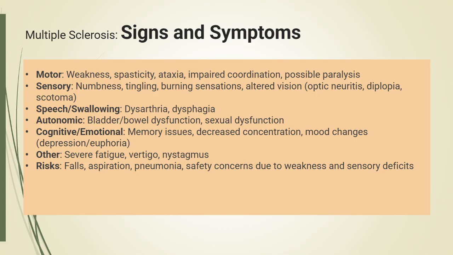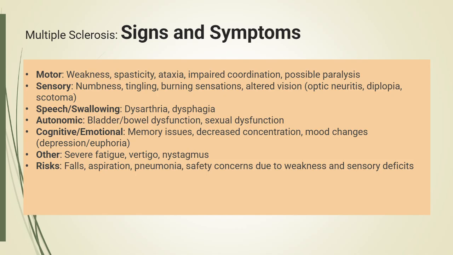Vestibular symptoms such as vertigo and nystagmus occur when lesions affect balance centers in the brainstem or cerebellum. Remember, vertigo is a false sensation of spinning or movement, and nystagmus is an involuntary, rhythmic back-and-forth movement of the eyes. These symptoms often create major safety risks for patients. Weakness, ataxia, or lack of coordination and control of voluntary muscle movement, visual impairment, dizziness, and sensory loss greatly increase the risk for falls, aspiration injuries, and accidents.